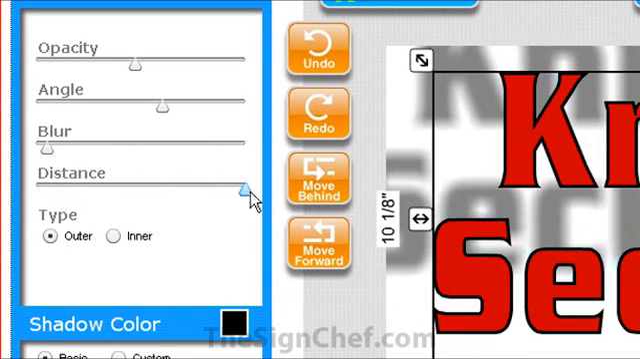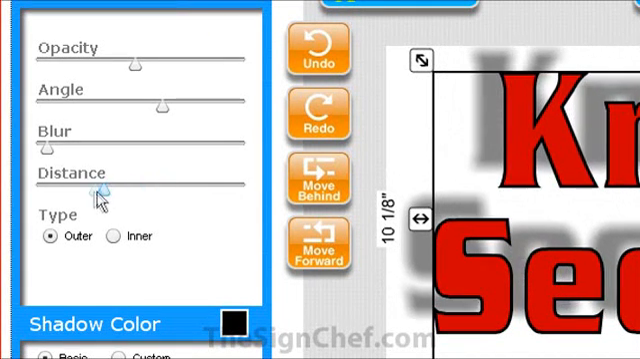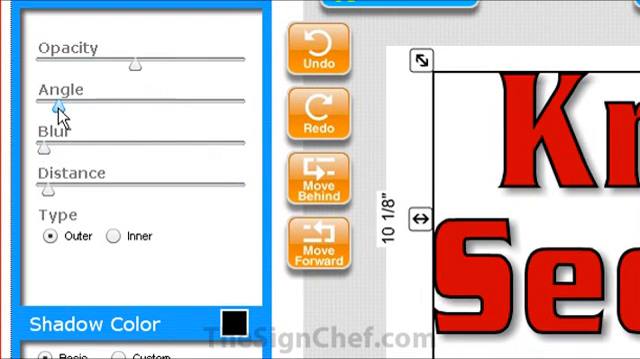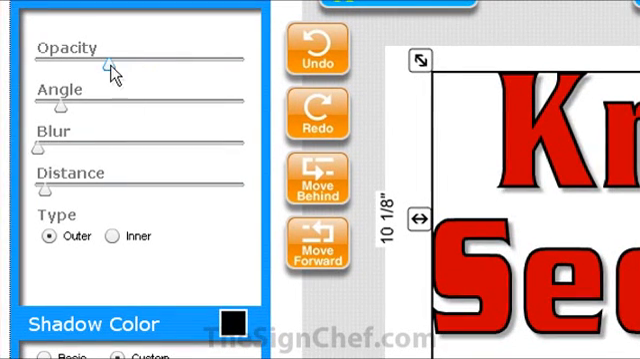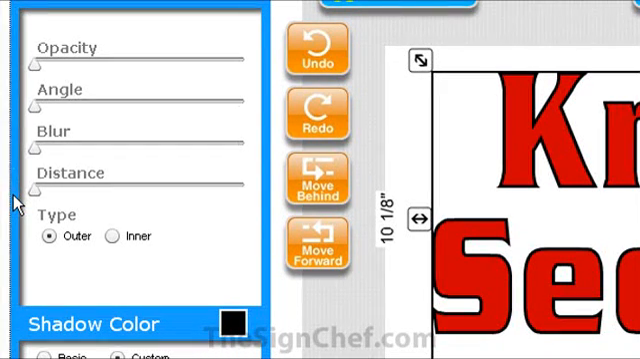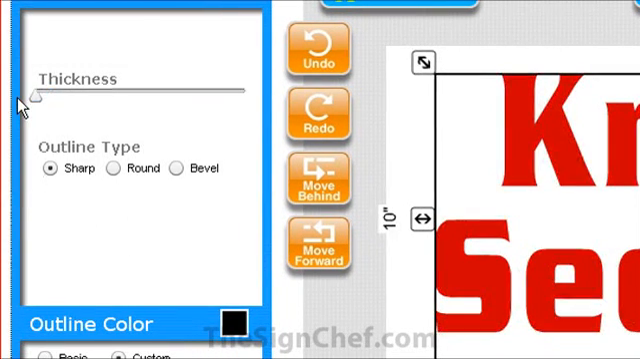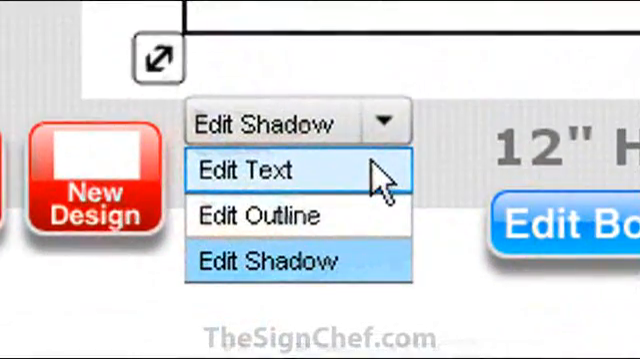You can slide between having a lot of drop shadow to just a touch. Once you have the distance of the shadow about right, you can toggle between the other slider controls until you get the exact look you want. If you ever want to remove the outline or drop shadow, just slide the controls all the way to the left and they'll disappear. To go back and edit the text, just click on this little drop-down box again and